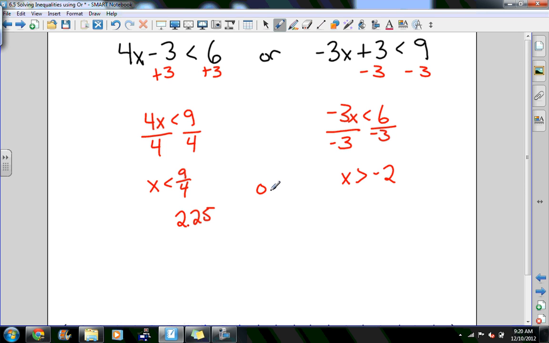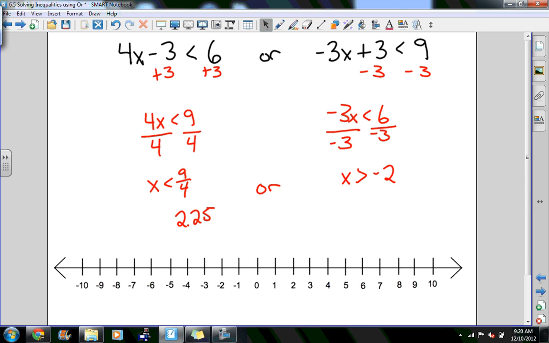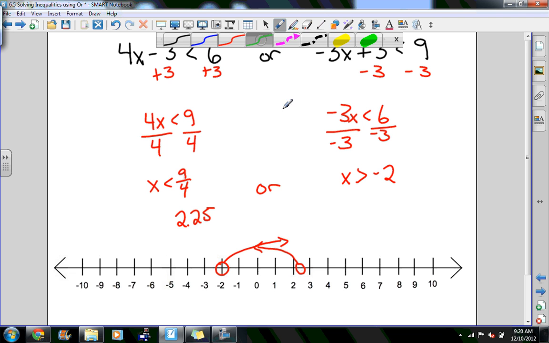So there's our two statements. My graph is hiding down here. So this one we'll do first. 2.25 will be about here, and it's got to be less than that. So I'm going to shade this way. And it's going to be greater than -2, so I'm going to shade this way. Now here's an issue. I'm going to shade this one in green. So it can be anything over here, and I'll shade the other one in blue. This one can be anything